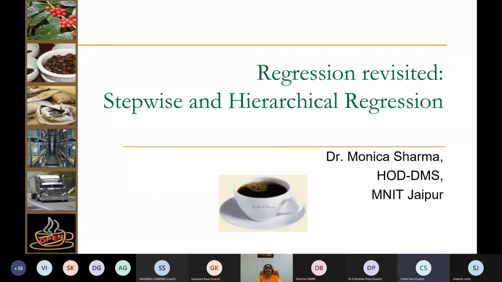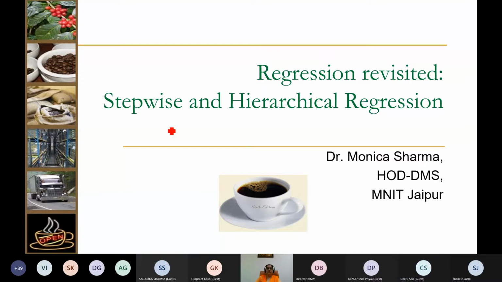So I'm going to give you a brief introduction again about regression, and then we'll go for multiple regression, wherein there are more than one predictors or more than one independent parameters which are impacting the dependent parameter